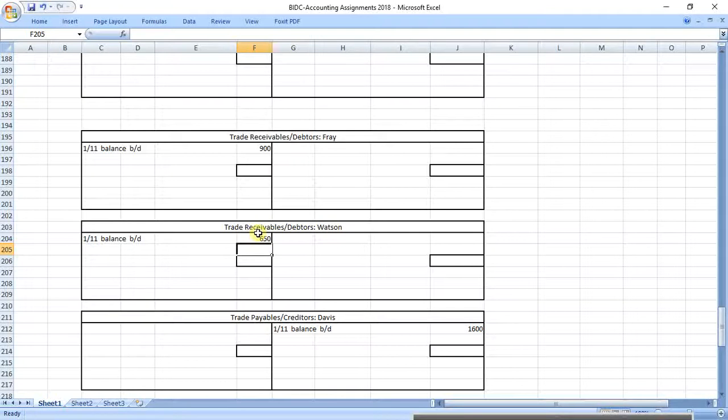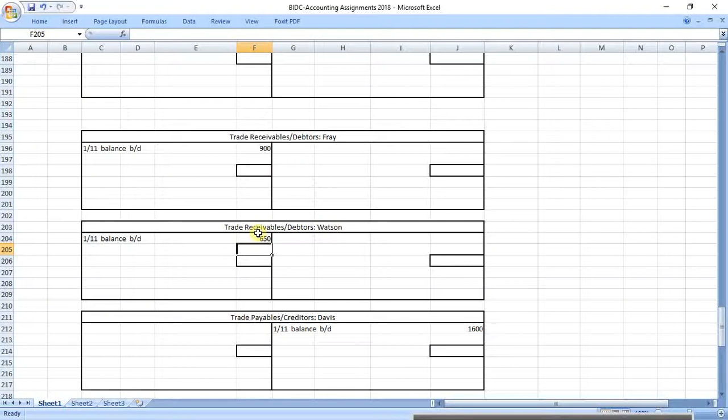Apex Universal gives a cash discount of 2% to credit customers who settle their accounts within 30 days. During November 2014, the following transactions occurred. All right, so whose business are we running? Apex. So that's our information that relates to who? Our customers. Okay, so that's also important. So we're giving a discount in the form of discount allowed, and we're receiving discounts when we pay. Discounts received. Both are